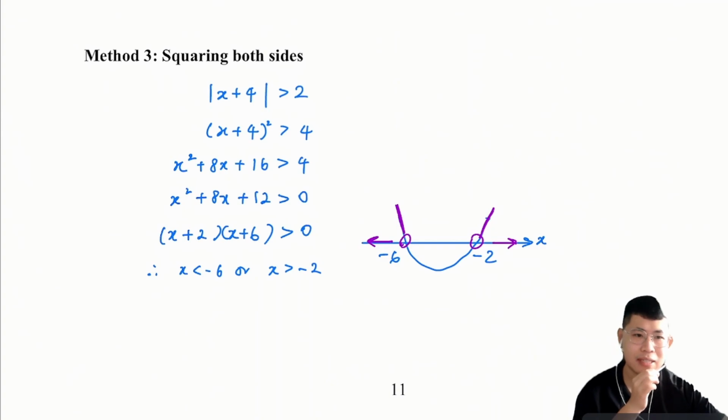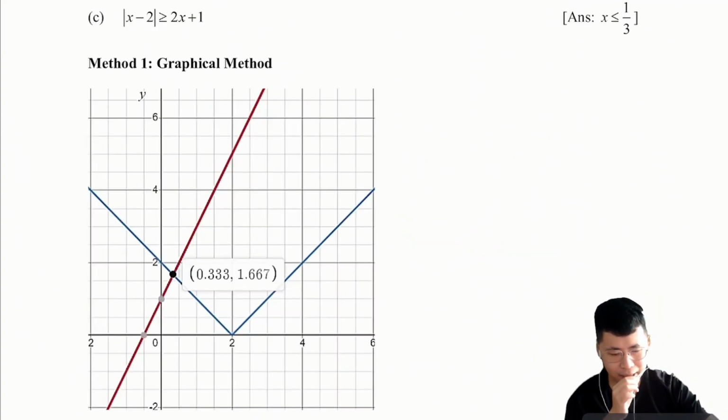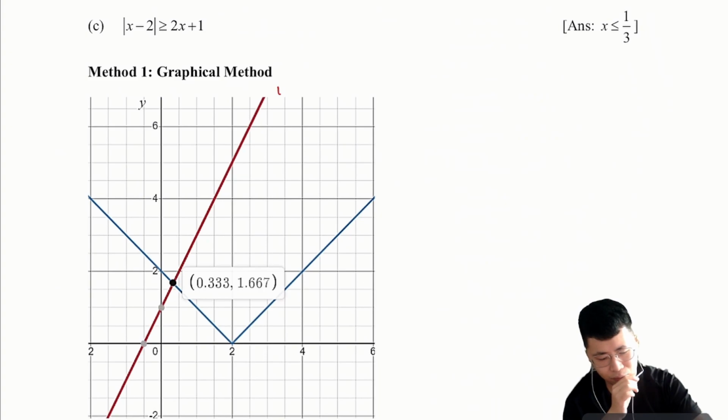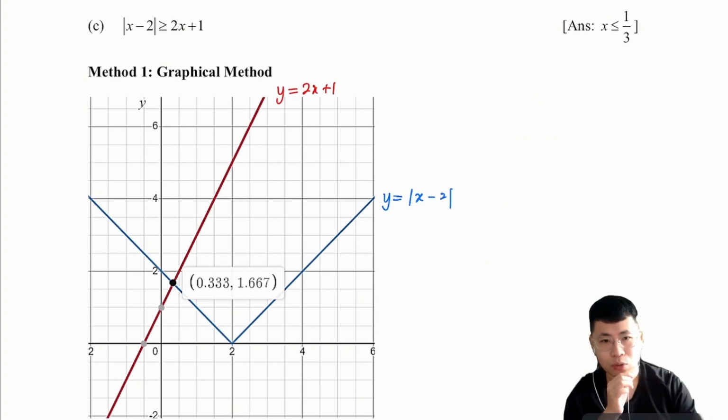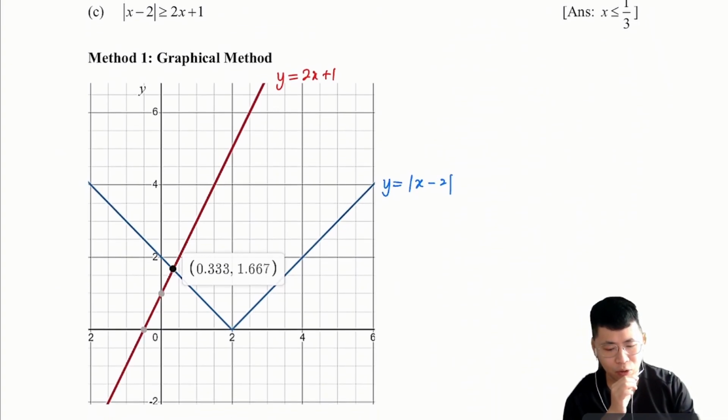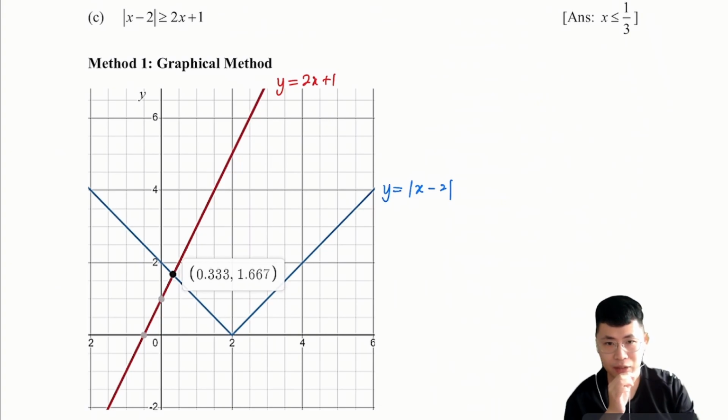Okay, so this is how we solve the modulus for the more than case. For example C, looking at something a bit more complex. Over here, we are looking at the red color graph, y equals 2x plus 1, and the modulus graph, y equals modulus of x minus 2. So first and foremost, we will need to look for the intersection point if you're using the graphical method, preferably in